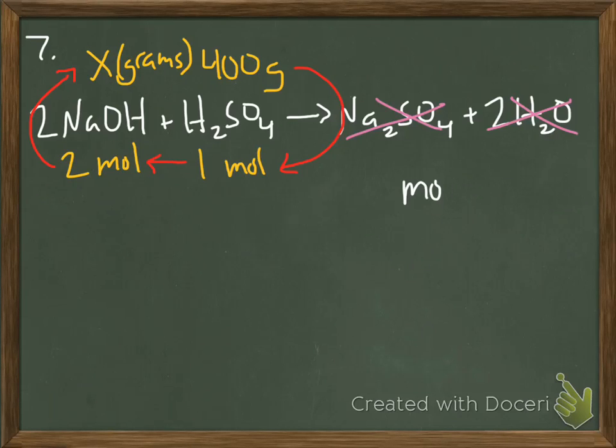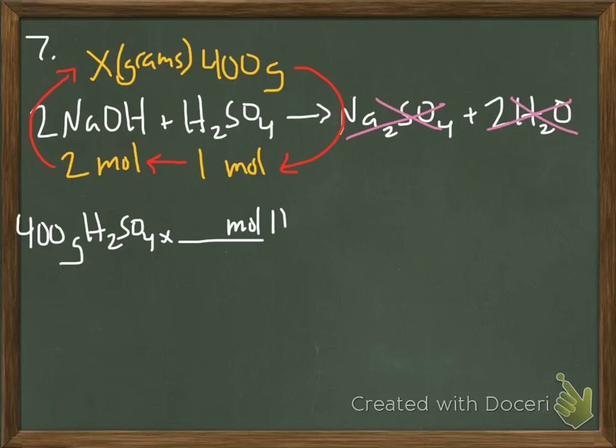Okay, so now let's go over and write it in. Let's start with what we're given, 400 grams of H2SO4. And then we're going to put that into moles of H2SO4. There's going to be a 1 next to the mole, and then where the gram is whatever you got for your molar mass. I don't know what it is. And then we need to go